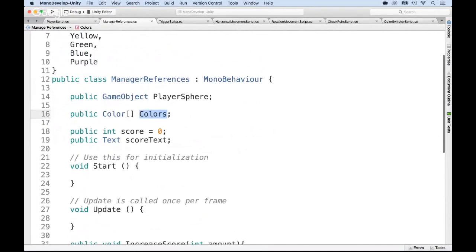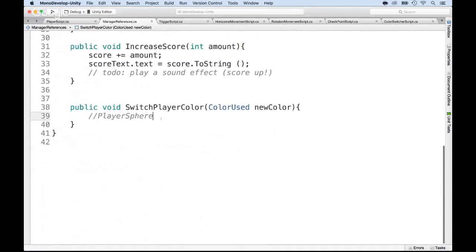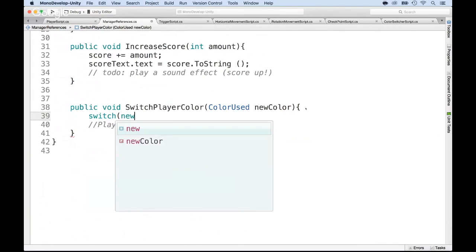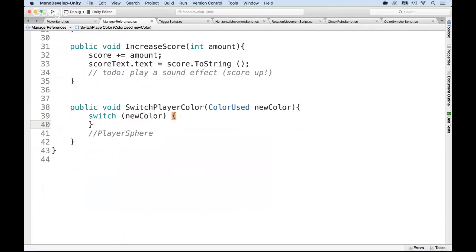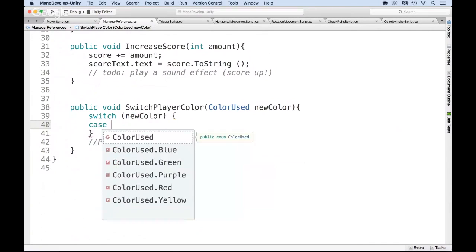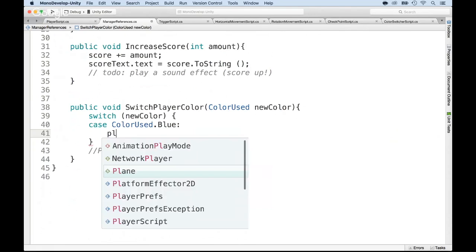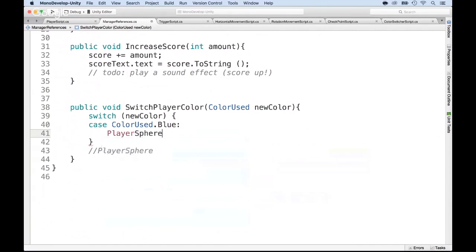The way we're going to do this is by doing a switch on the new color. So let's go ahead and do switch new color, and then let's enter the case. The first case would be color used dot, let's say blue. If it's blue, then we need to change the player sphere color to blue, right? So we would do player sphere dot